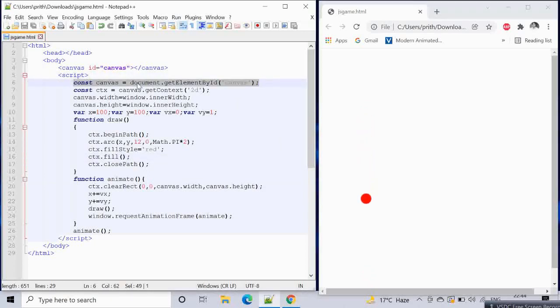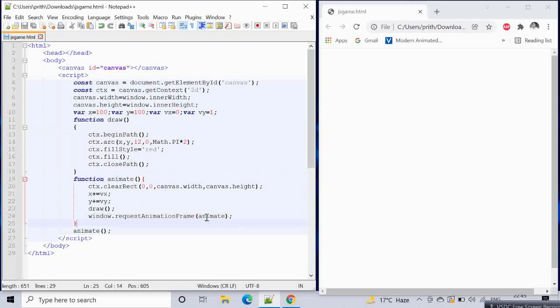Let's give a quick recap of what happened. We are drawing a circle in the canvas. Every time the draw function is called, a circle is drawn. We begin the path, create an arc with an x value and y value, render it with a color, and fill it, and we get a circle.